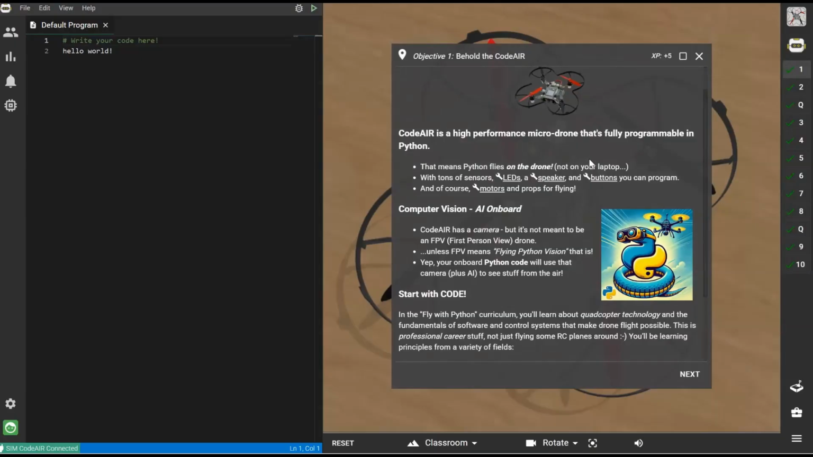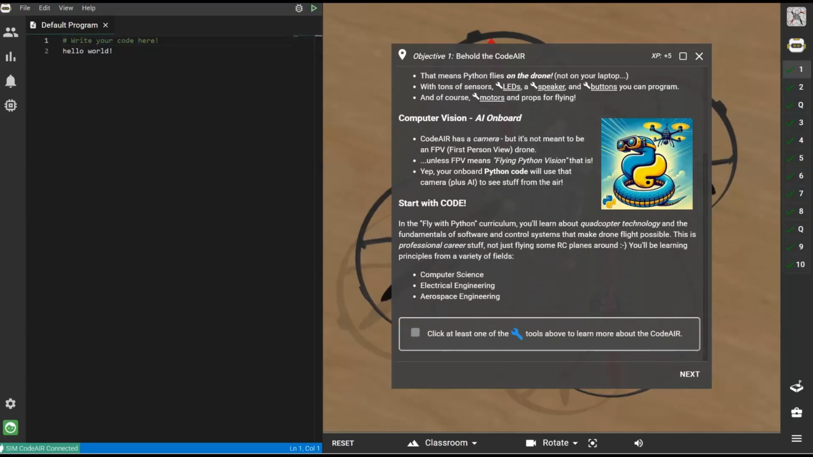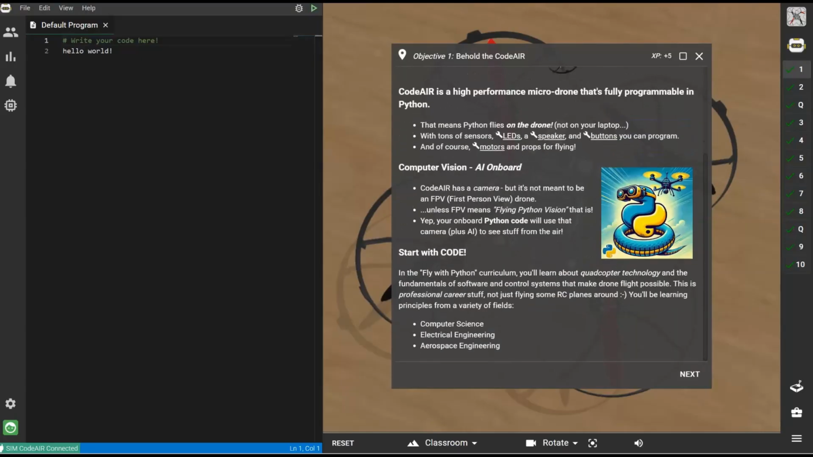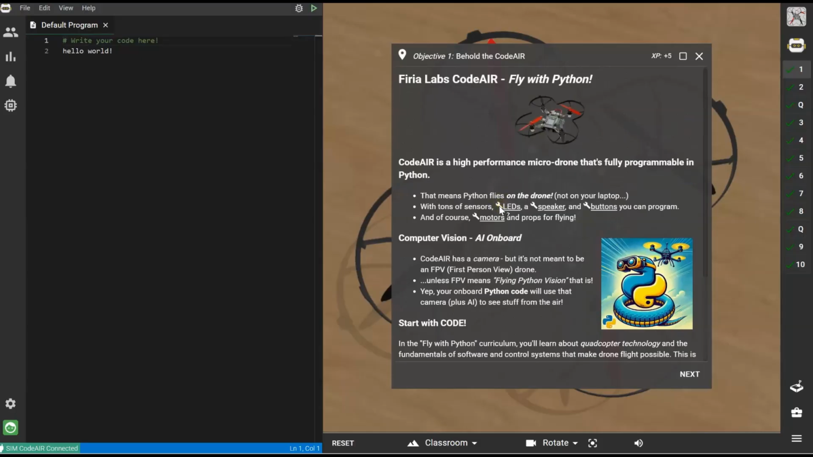The drone has sensors, LEDs, a speaker, buttons, motors, and a camera so that it can detect things that you can control with code. Throughout the Fly with Python curriculum, you'll learn the basics of quadcopter flight and how the software controls real hardware. Before starting this first coding objective, though, we're going to click one of the build tools shown on the screen. If you click on one of these little wrenches, then it's going to save that